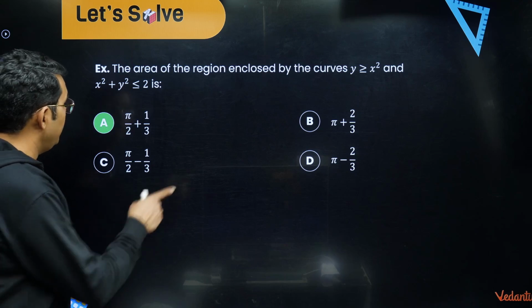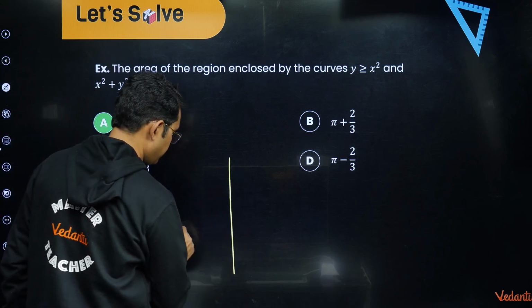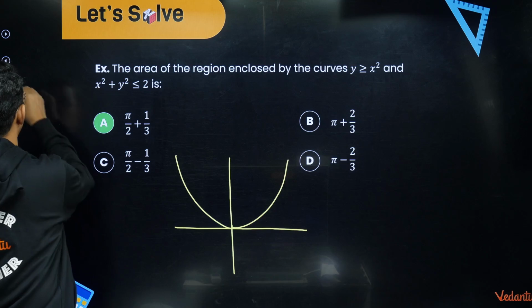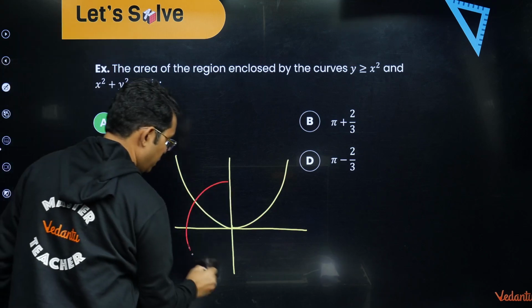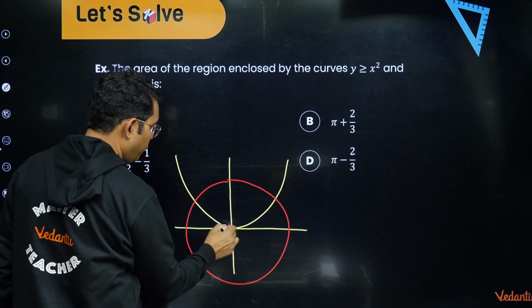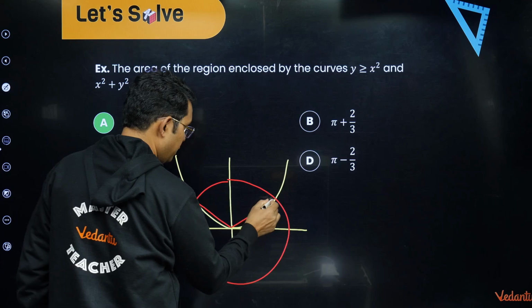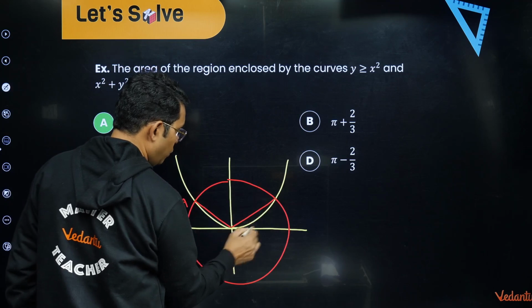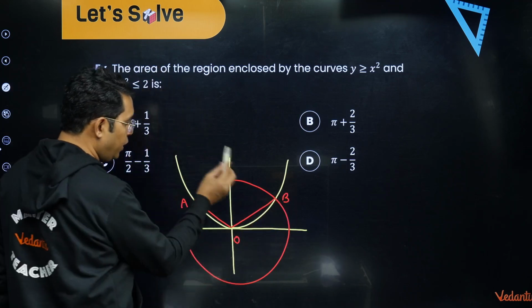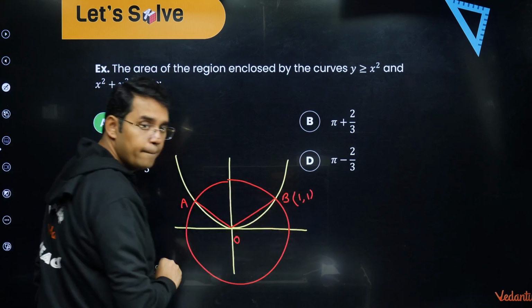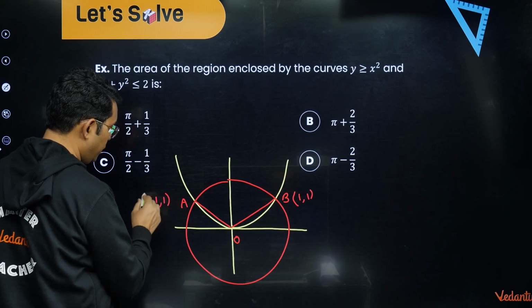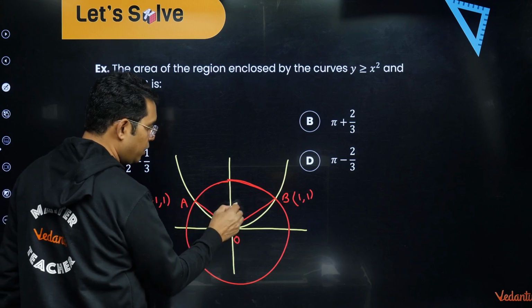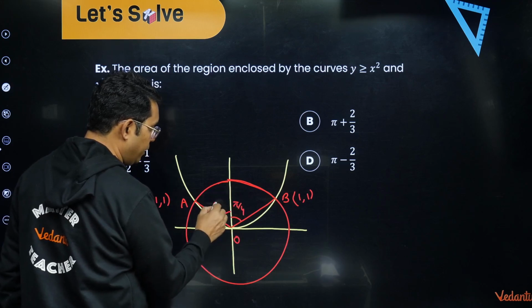Now dear students, if you draw the graph once again, we can find this area. Let me call this point A, this O, this B. So the area of the sector AOB, because this point is (1, 1) and this point is (-1, 1), can be found directly because you can see this angle is pi by 4. This angle is also pi by 4.